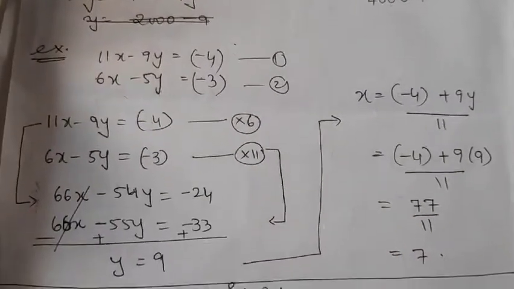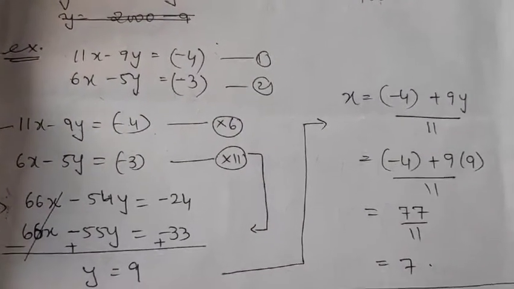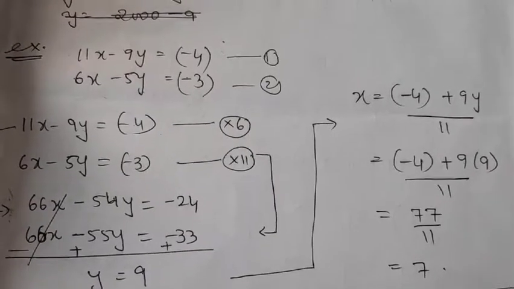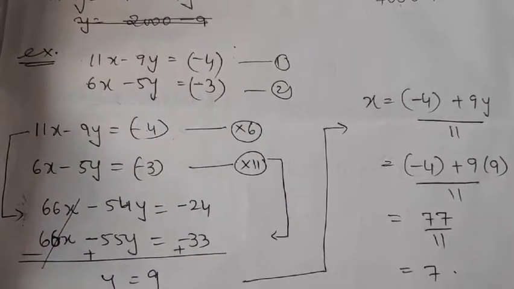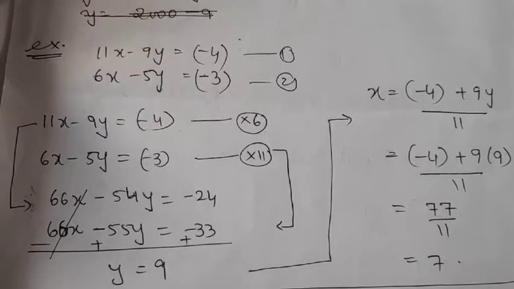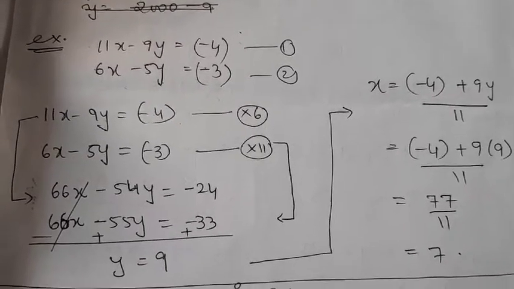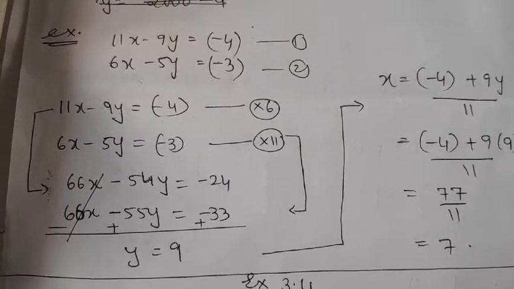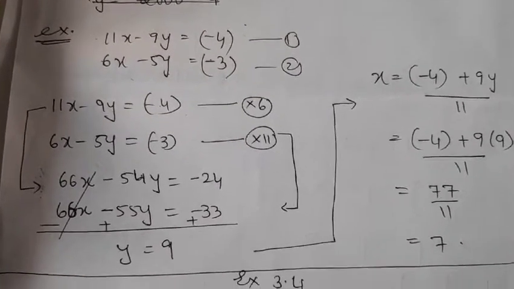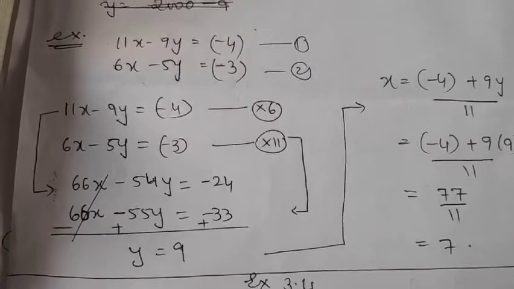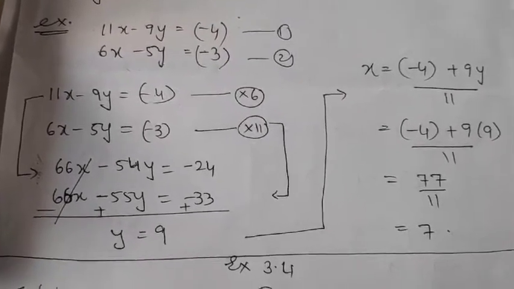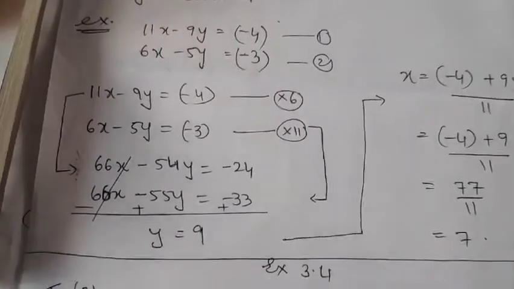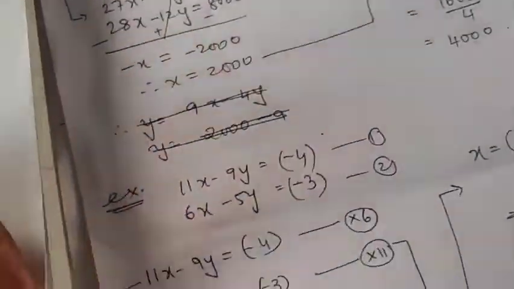Are you getting the elimination method? So for elimination, both equations should be in the same form. You decide which term is to be eliminated. Try to equate the coefficients. If the signs are opposite, well and good. But if the signs are not opposite, you have to change the sign, not only of a single term but of the entire equation. And then you solve the sum. Clear or not? Now let us move into the exercise on elimination method.